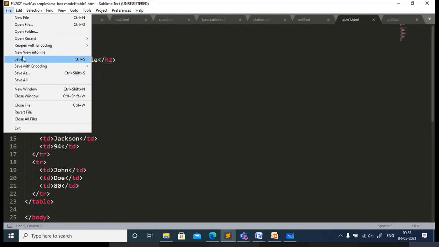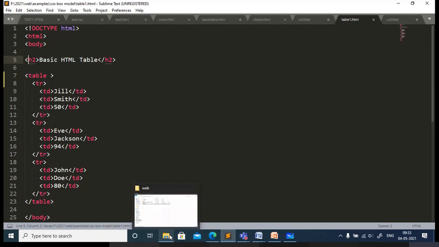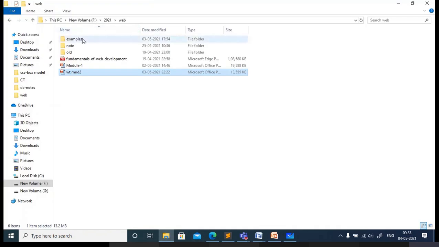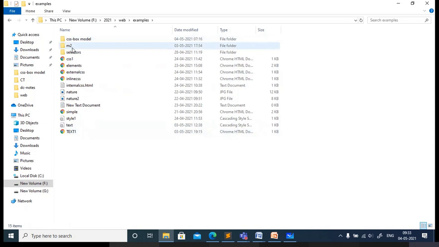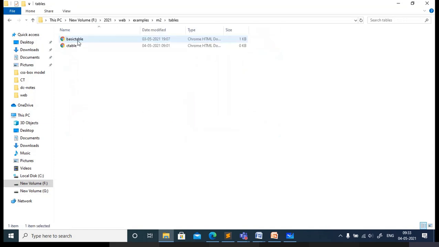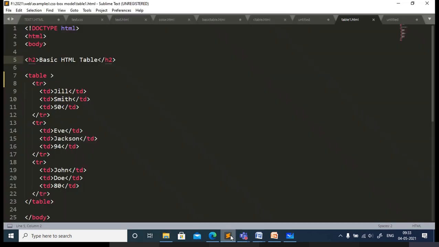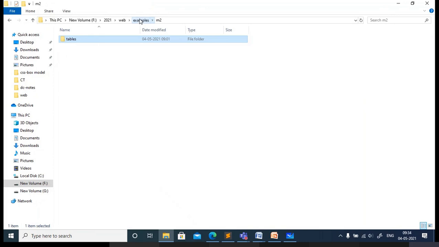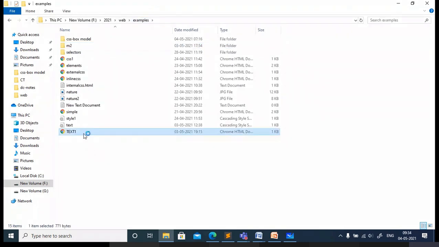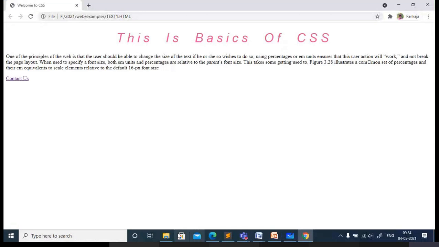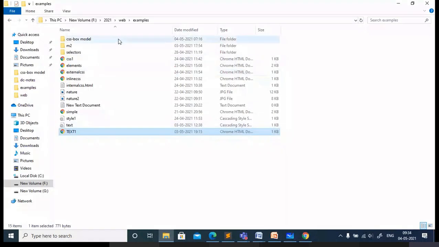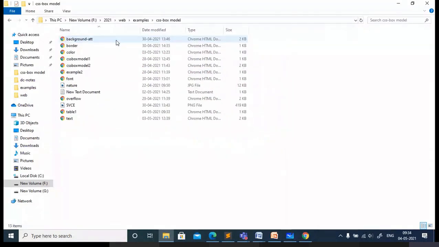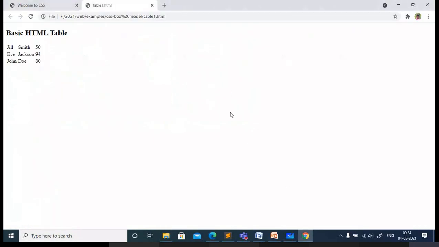How many columns do I have here? 3 columns. Are you able to see the output?